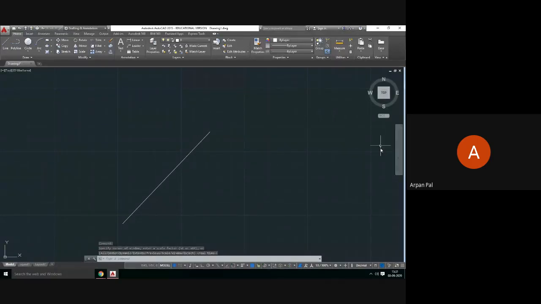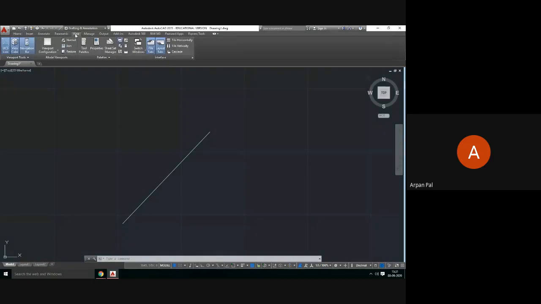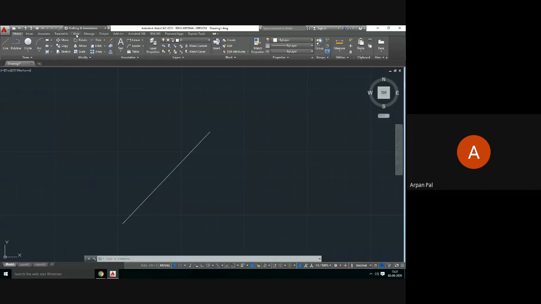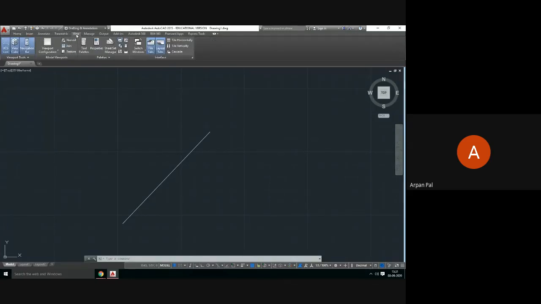This toolbar may be visible to someone and may not be visible to someone else. How to control that? That is from this view toolbar. This is home. If you come to this view toolbar, is it visible to everyone? Just click on this navigation bar, it will turn off. If you turn on view cube, it will be turned on. If you click on the UCS icon, this will be turned on. If you are not getting this on your machine, come to this view toolbar and turn all of these on. You will get all these options on your machine. Is it clear?